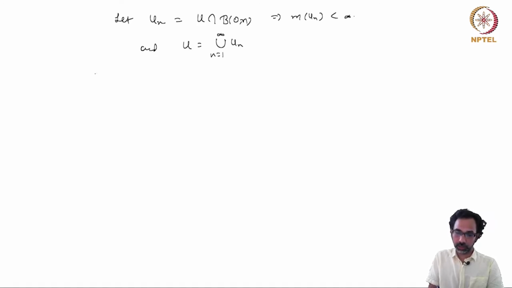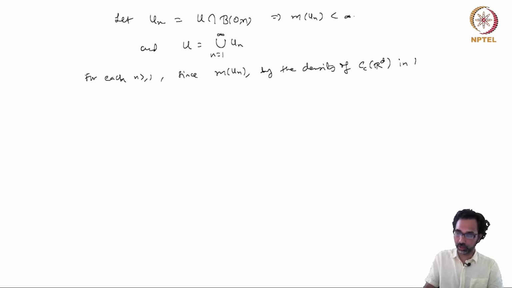And now for each n, since the measure is finite, by the density of C_c(R^d) in L1,